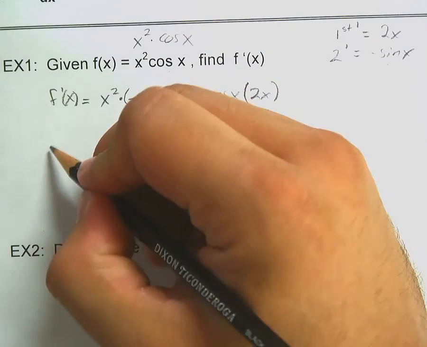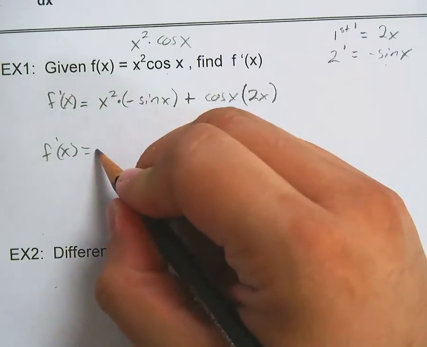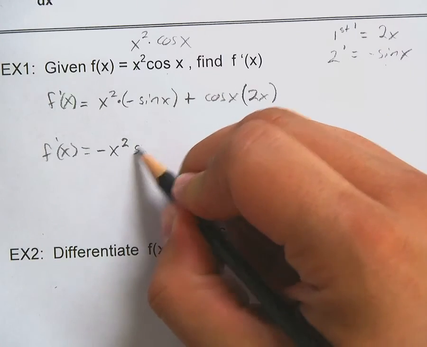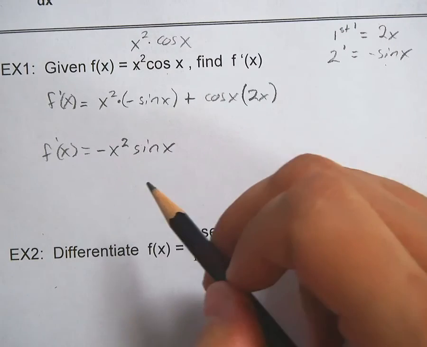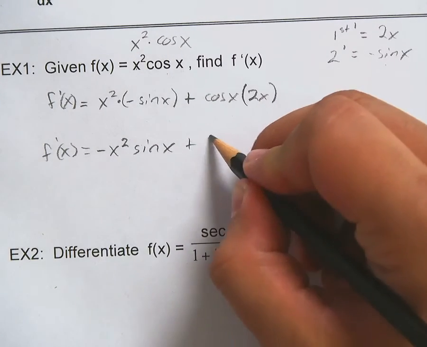So then simplify. F prime of x is going to be negative x squared sine x. Just multiply those together. Your negative can go out front. Plus 2x